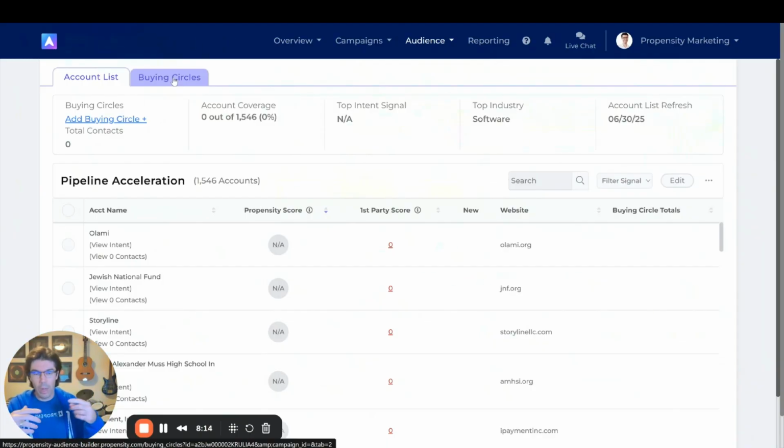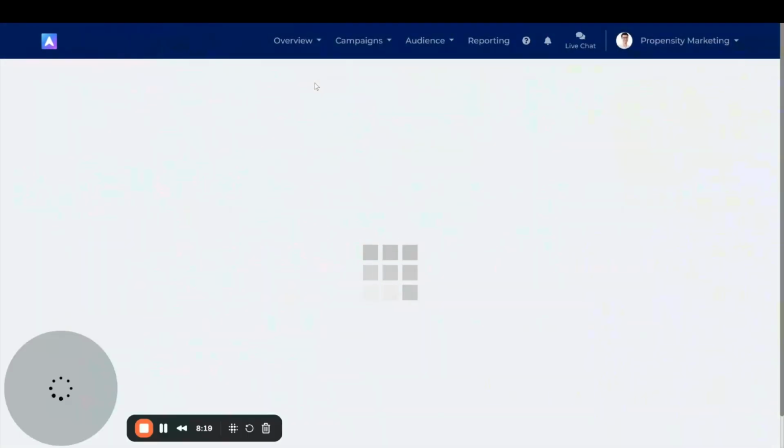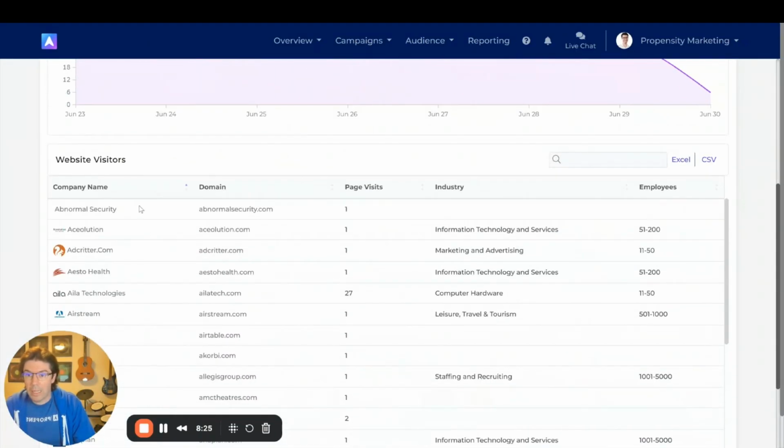So it's a really wonderful way to have your prospecting campaigns, your pipeline acceleration campaigns, your renewal campaigns, all under one roof and all dynamically being built out. In addition, you can go to our website tracker and generate lists straight from website data. So all you have to do is paste the script on your website, and we start tracking all the companies